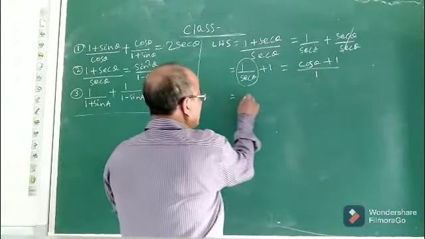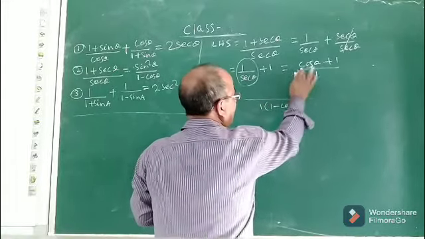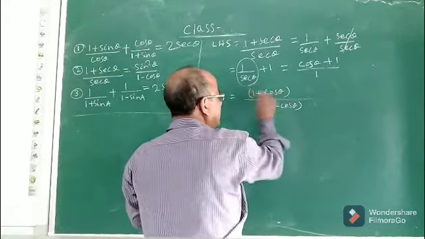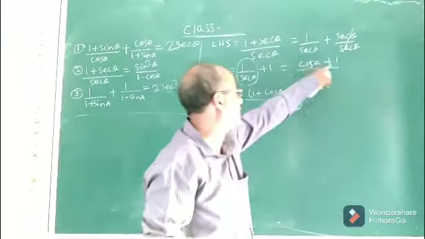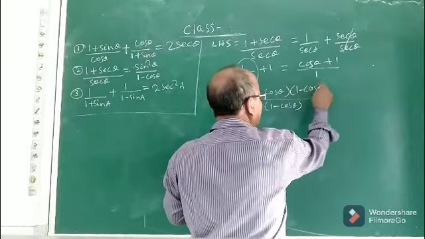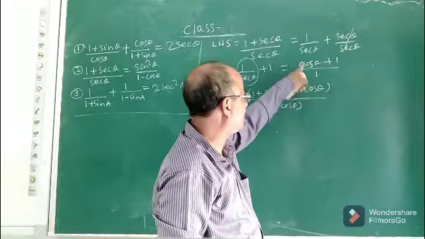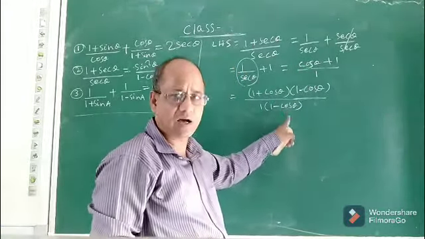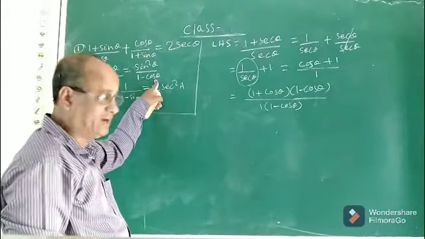Okay, so let us multiply. So 1 into (1 minus cos theta), and look here, it is cos theta plus 1. Cos theta plus 1 means it is 1 plus cos theta, same thing, because a plus b is equal to b plus a. So cos theta plus 1 can be written as 1 plus cos theta, and again you multiply by 1 minus cos theta. So what step have we followed here? To the numerator and the denominator we have multiplied 1 minus cos theta, as we want to get 1 minus cos theta in the denominator of the right hand side.